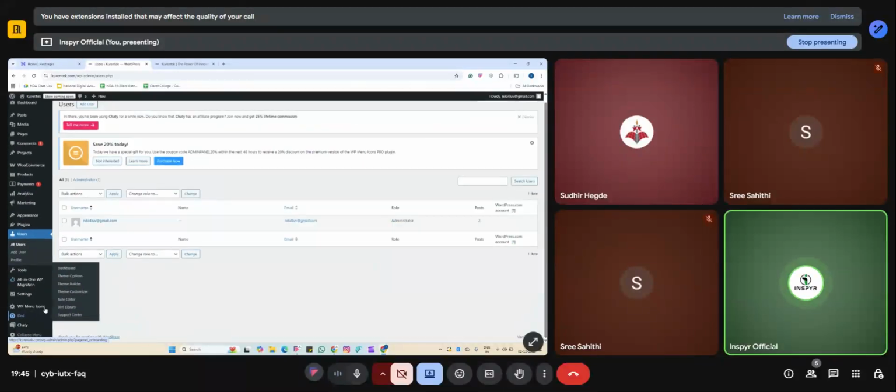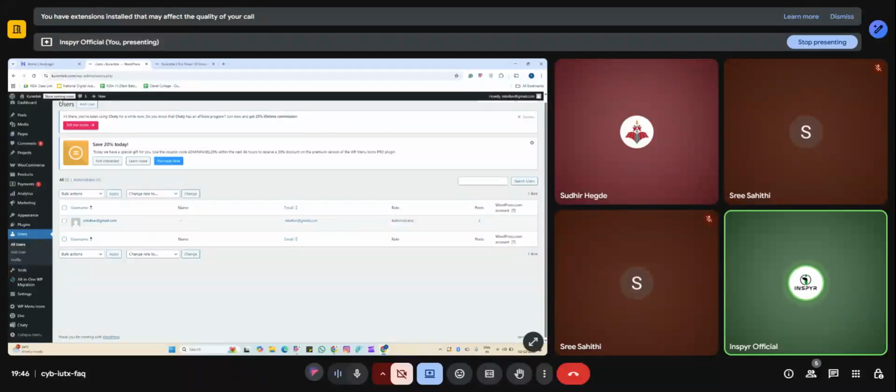Remember, without backend, you can't work on your front end. Similarly, without front end, backend is useless. Fine. So both are equally important. So once you have done with your backend completely, we will come back. Right now, it's not necessary, but going forward, we have to use backend and front end